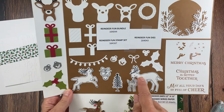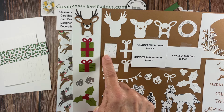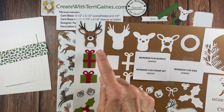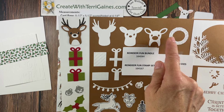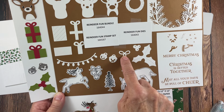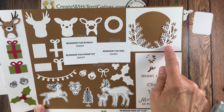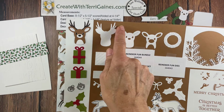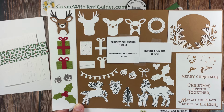These two build this. I redid these in silver foil. These two dies combined will create this image. These two will create this. And then you have these three that create the deer. I'm going to be using these three and the wreath and the bow. And then you have this amazing die. I will be showing future projects with this, but I'm going to focus on a card using these items in